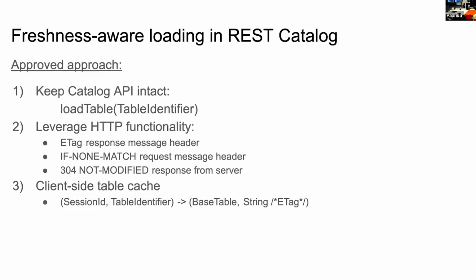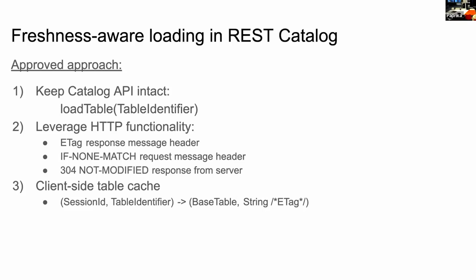So the catch here is that what we could leverage is that there is a functionality called HTTP caching. It provides you headers, result codes, status codes, whatever. So we could reuse them to communicate with the REST catalog. So one building block is something called eTag. That's a header that a server can send you with a response. And so basically, eTag is something that describes an actual state of a resource. Now a resource can be a table. So in case the table changes, the eTag changes. So this is something that describes what state of the table you hold.